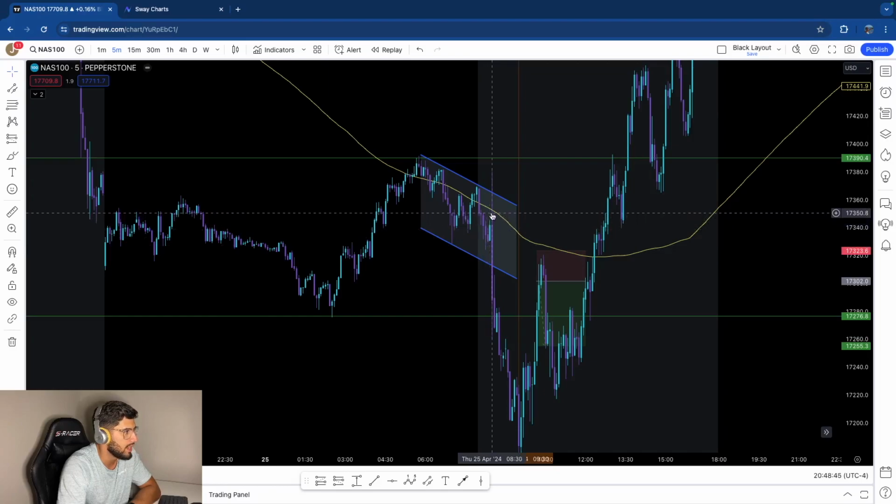This was a news candle. We never trade news candles. This was at 8:30, and then it broke structure to the downside. It broke this whole little trend line that we see right here, and then it broke this structure down here. Once price started going even past this structure and closing below, then we're looking for a pullback back into